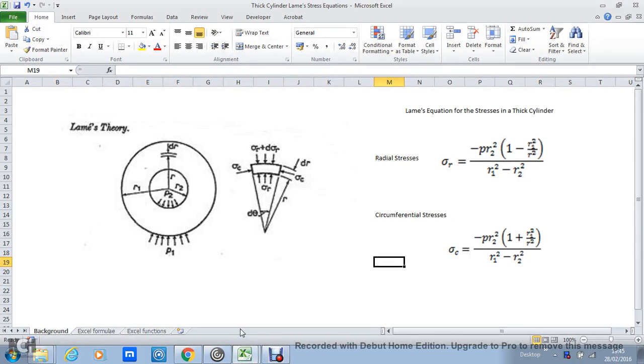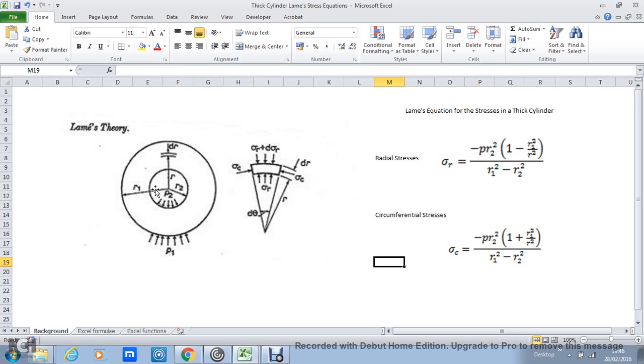I'm continuing the series of videos on programming in Visual Basic for applications. This week we're going to look at an engineering example to work out the stresses in a thick cylinder which is pressurized internally. The formulas are basically Lamé's formulas, and we have two formulas, one for radial stresses and one for circumferential stresses. If we look at this image here of a thick cylinder, we see we have P2